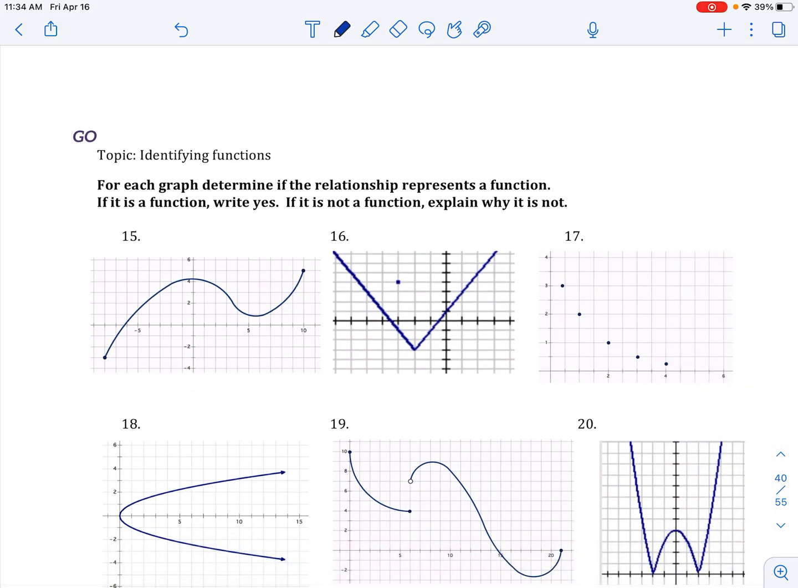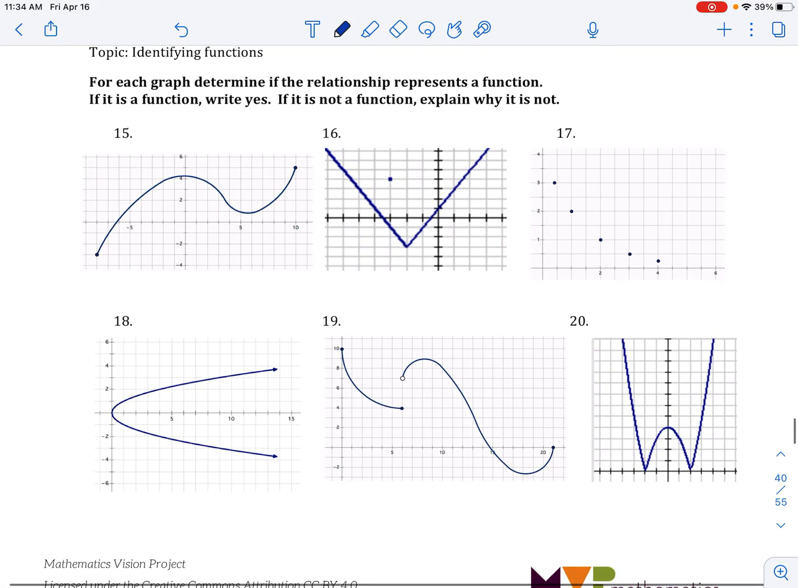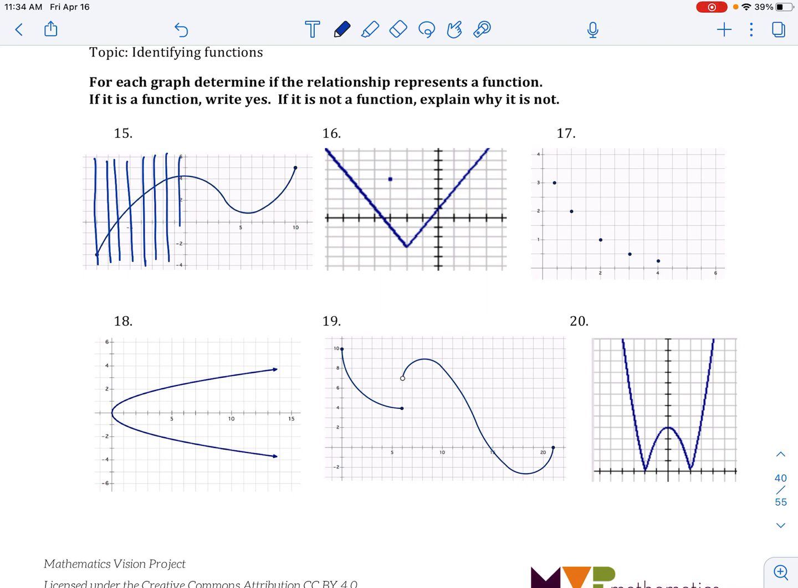For go, we have to identify which one's a function and which one is not a function. And we have taught you a test to explain if it's a function or not. So remember, we're using that vertical line test. And if it only goes through the graph one time, it is a function. So you just want to make tons of these vertical lines. And so we know function